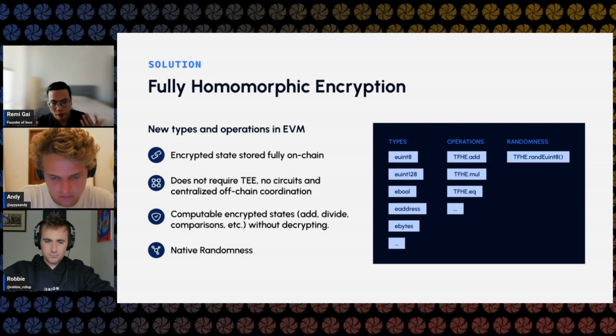So if you build a private AMM, you have to be able to add, multiply, divide, right, to calculate the tokens coming out. This really opens up a lot more design space around this idea of private compute. And again, this is all happening through cryptography. Basically, you don't need specialized hardware for this. You don't have to write complex circuits, nor do you need any off-chain coordination, because you don't have a prover-verifier system. It's all basically happening on chain.